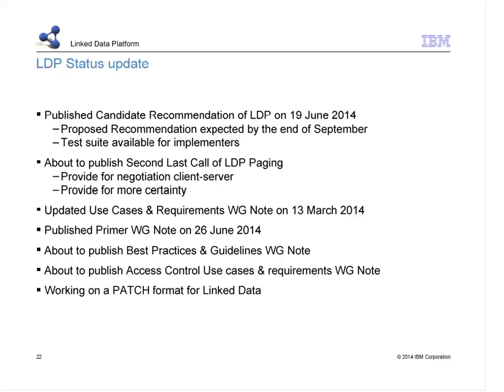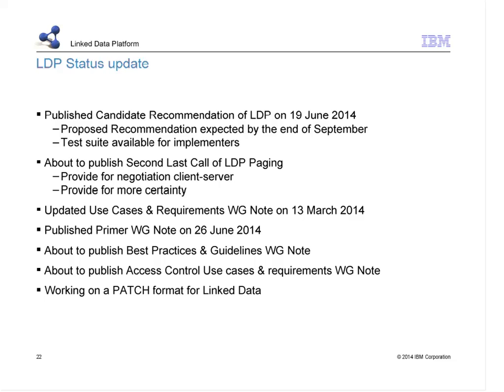And now we have a system that's more flexible, that allows the client and server to negotiate whether they actually want paging to take place or not. It also provides more certainty, when you go through all the pages, as to whether you have actually seen all the information or not, in a distributed model where anything can change at any time, which is not so easy.